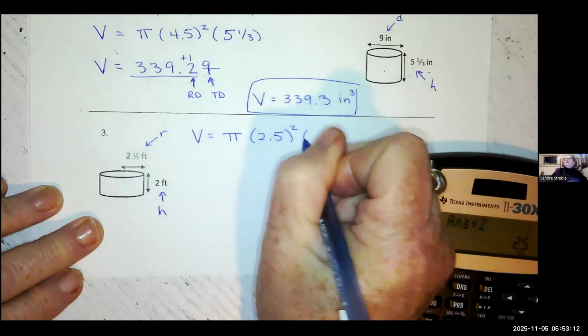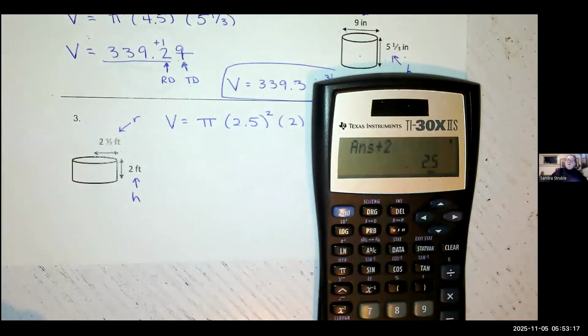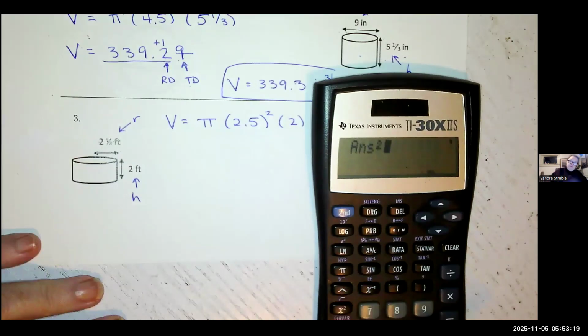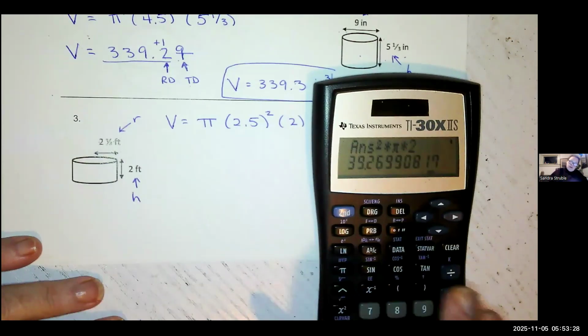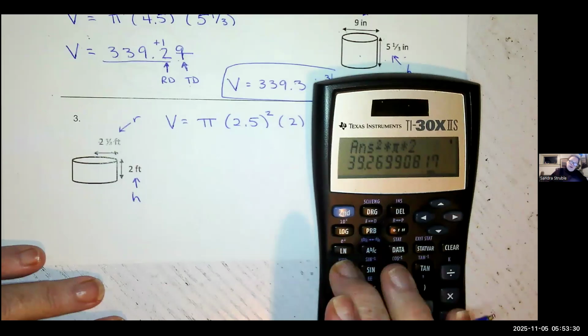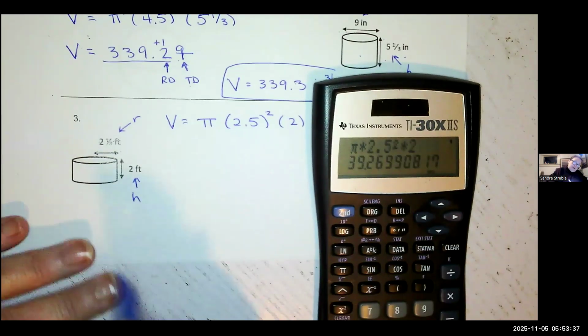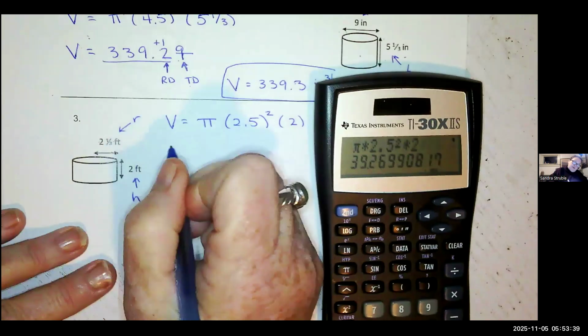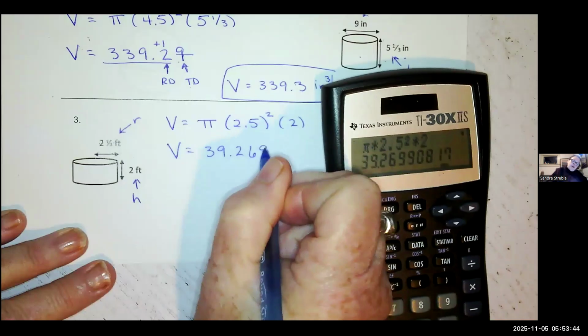Well, I can leave this in my calculator and go ahead and do that. I can go ahead and square it times pi times 2. Let's see if we get the same answer if I go the other direction. 39.269. So pi times 2.5 squared times 2. That's the other way to do it. Yep, 39.269. So our volume is 39.269. What's the next number? 9. I want to cover this one as well